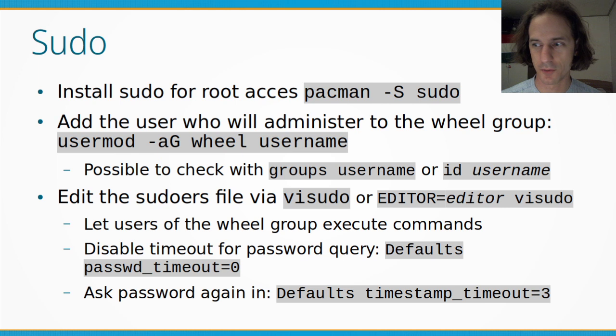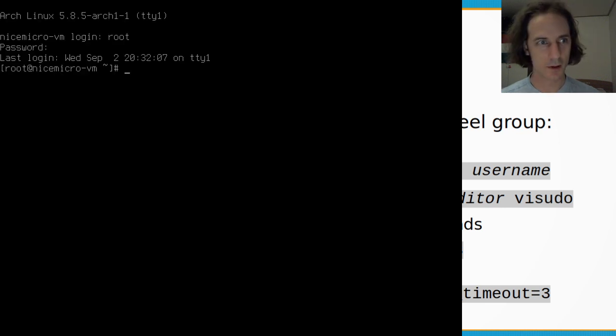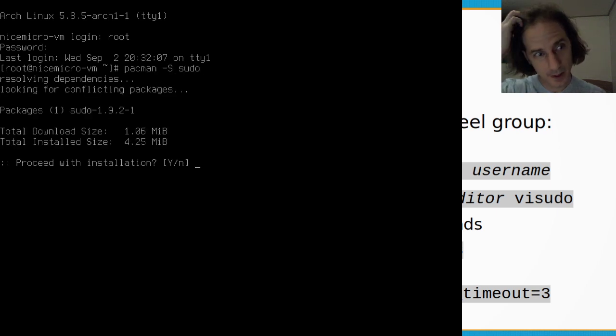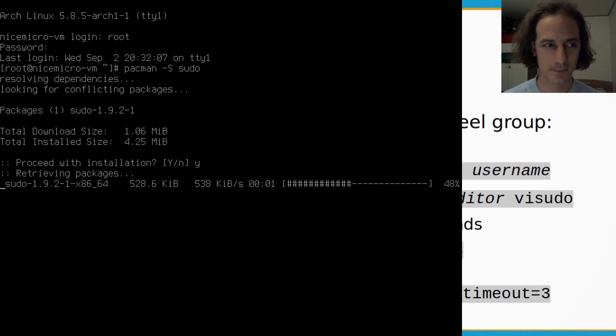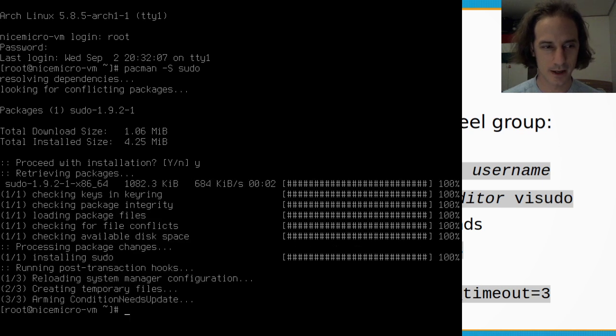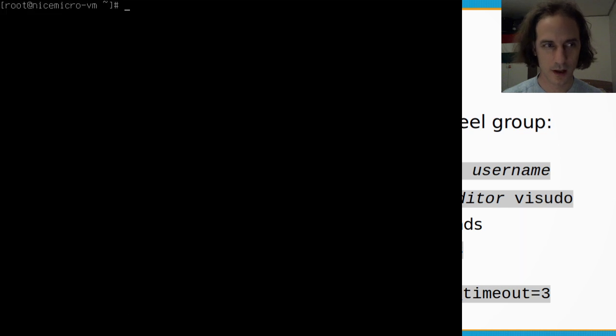So we are going to first install the package called sudo. That's going to be pacman -S sudo, and we will say yes to the installation, of course. It will retrieve the packages and install the packages. Nice. So once we have that,